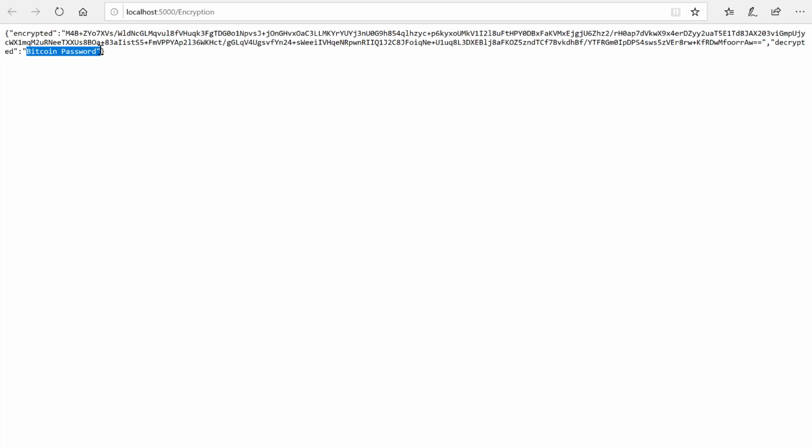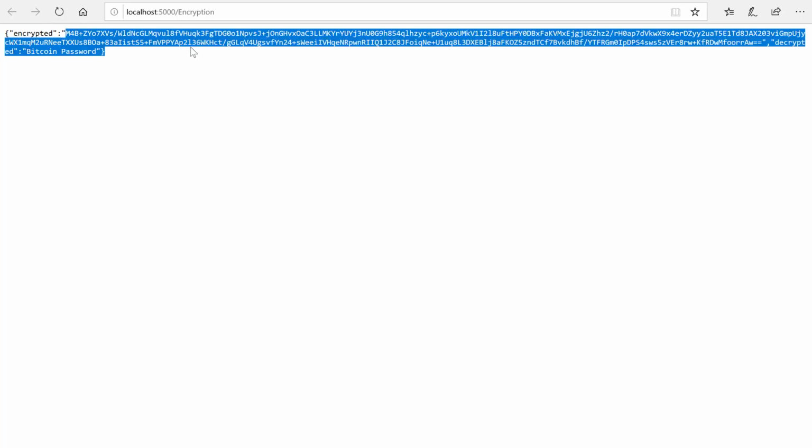In my upcoming videos, I will show how the client will be sending an encrypted text so that whoever is monitoring the network won't be able to read what the client is sending, and the server will be able to decrypt the actual text that is sent by the client. So this is how we can handle end-to-end encryption.